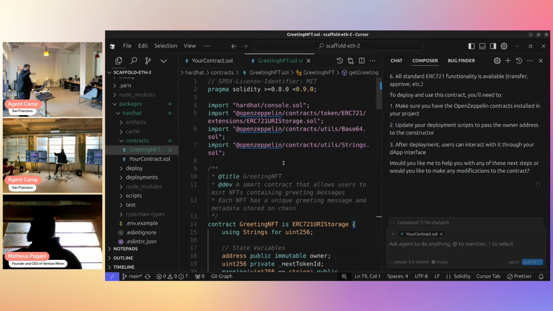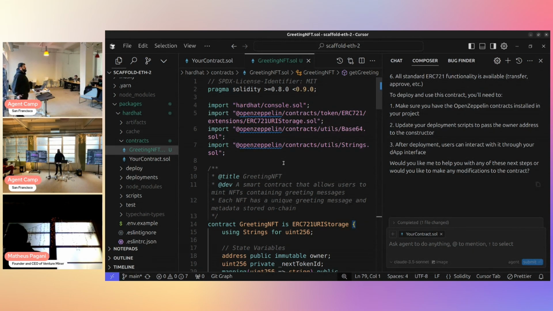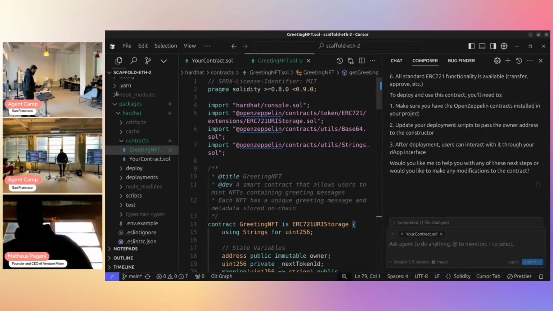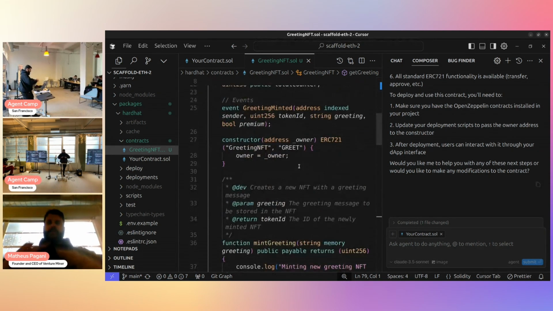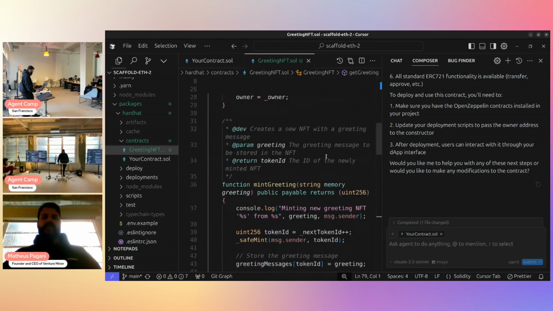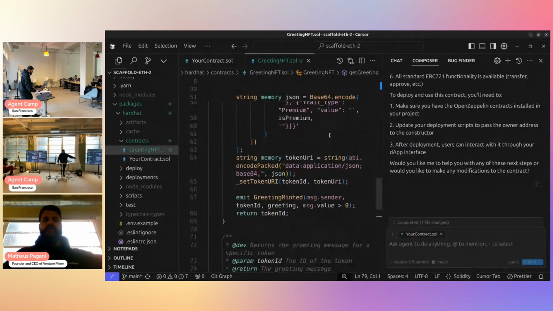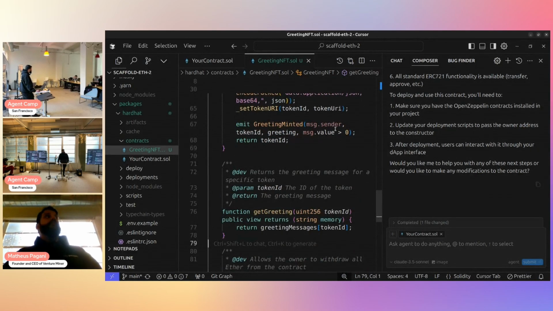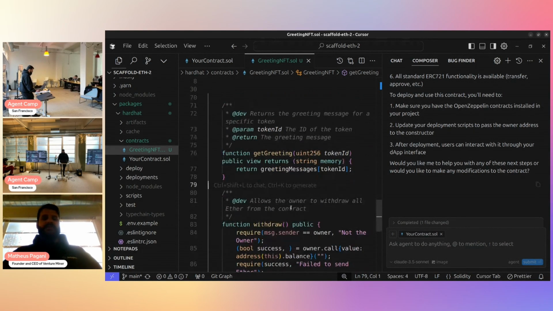Going for Replit or for Bolt and asking it to generate a smart contract for me can be quite dangerous if you're not overseeing, if you're not looking at the code yourself. Do review this code. There are even more techniques that I suggest in longer bootcamps, such as writing files and scripts and test files that can help us. But here we have a smart contract built for this project.